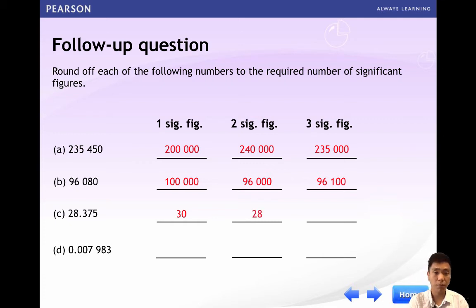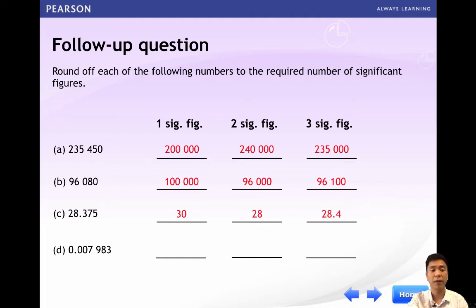After the point, those digits are not important. But for three significant figures, 28 point something, and 3757 is greater than 5, so we round up 3